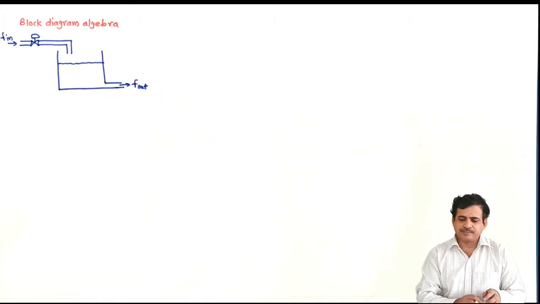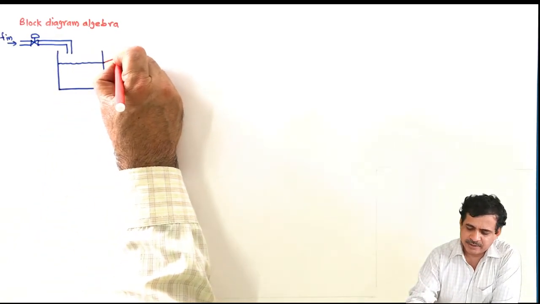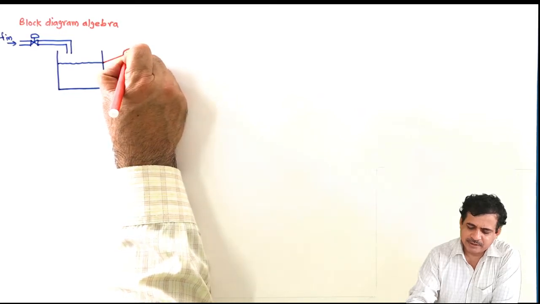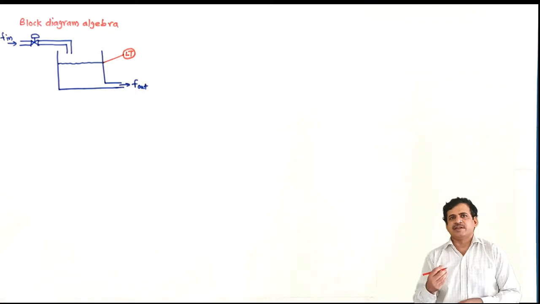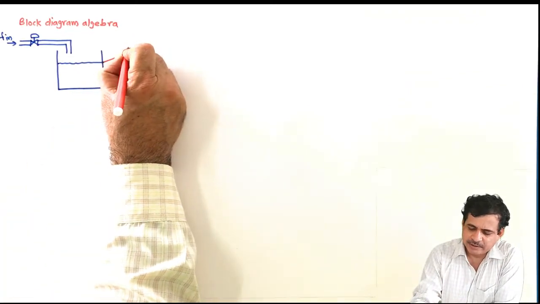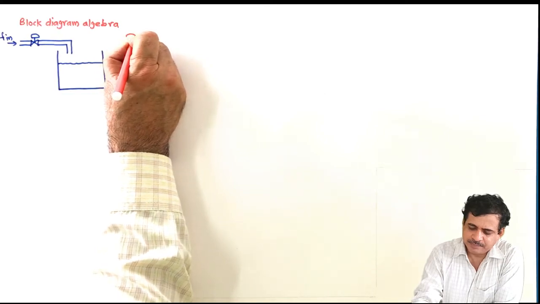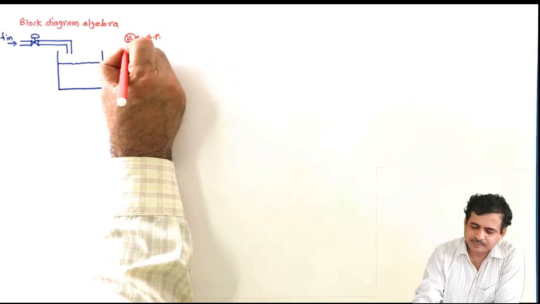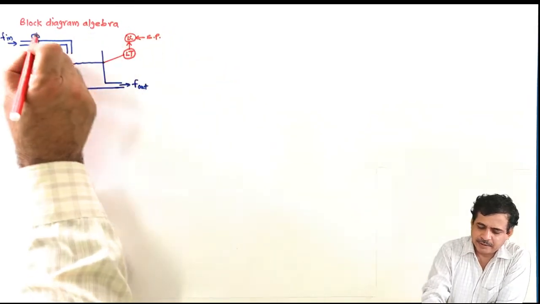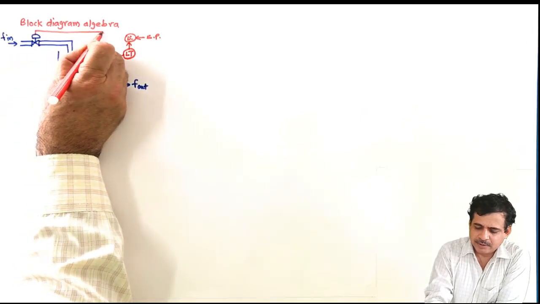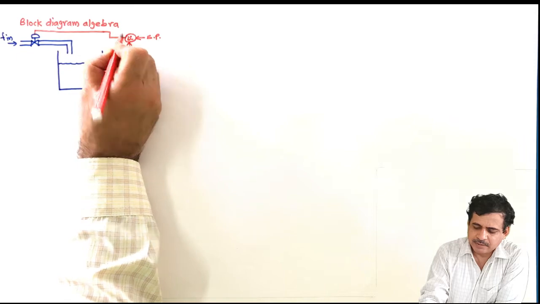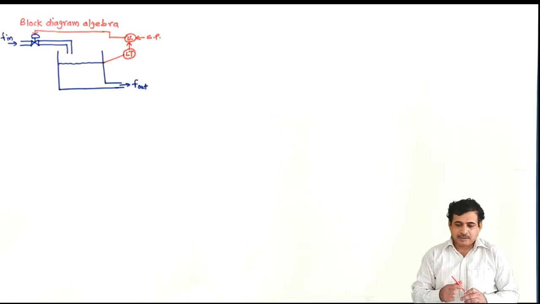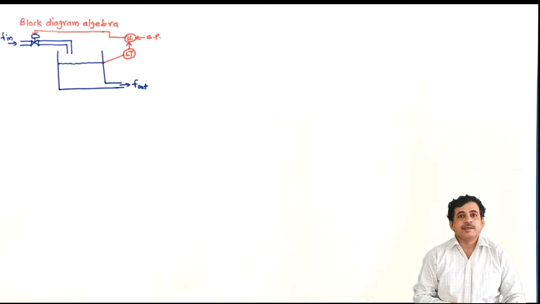So in this case what is done, this level is continuously measured using level sensor, and it is also transmitter, so it is generally referred as level transmitter, means measurement plus transmission is done in a single block. Then the measured value is connected to a level controller where the set point is applied, and then the output of controller is connected to a valve. The same can be represented using a block diagram.